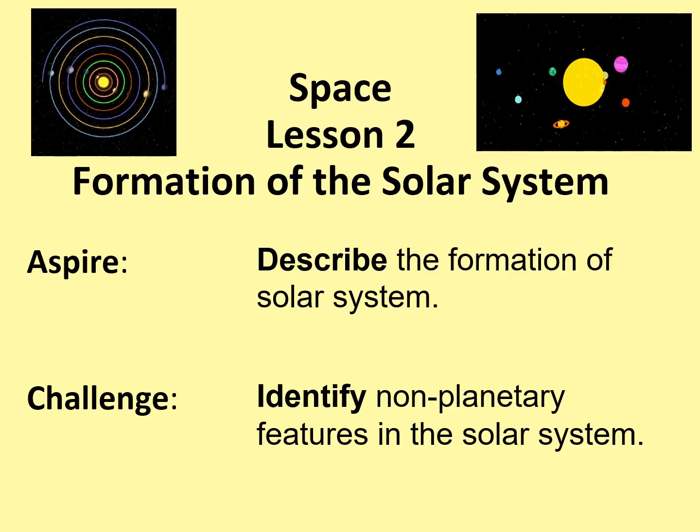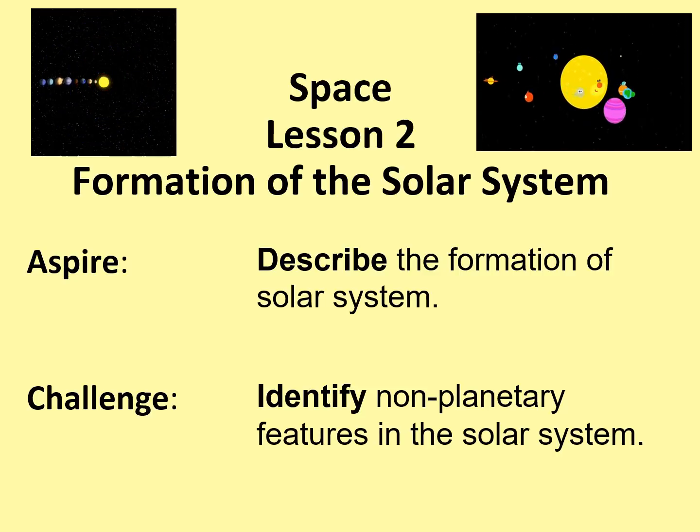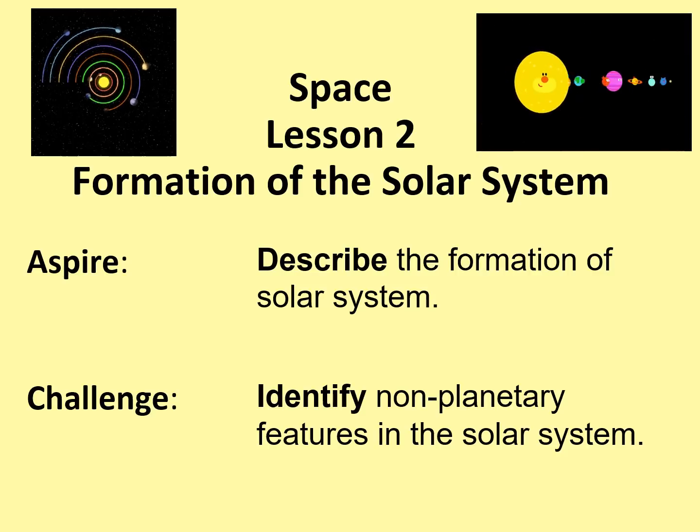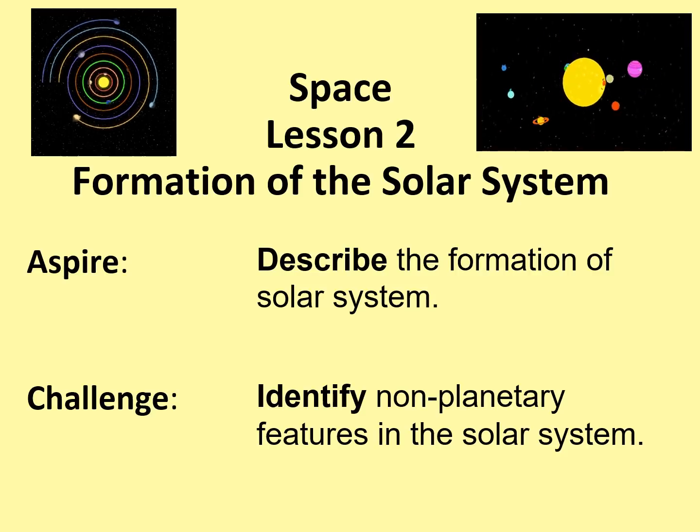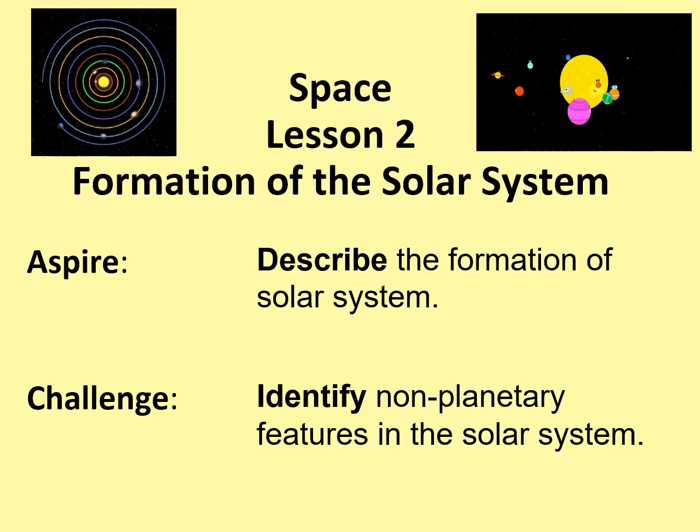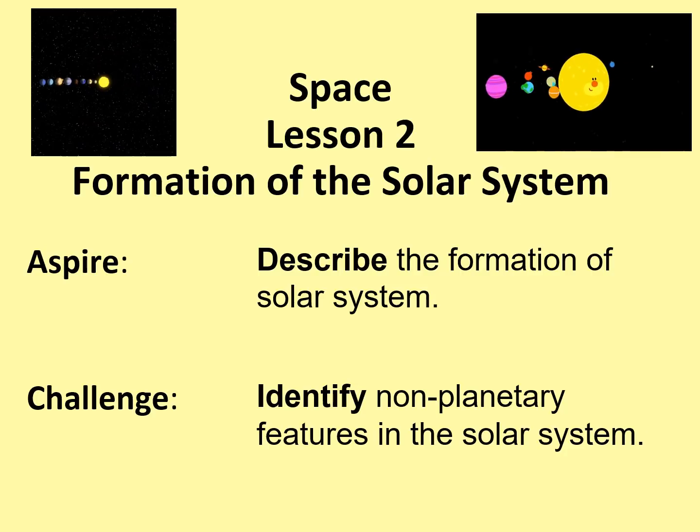Now, the likelihood is that you don't know much about these features, not as much as you knew about the planets. So I think the planets was a good one to come into, and now we're going to look at some other features within the solar system